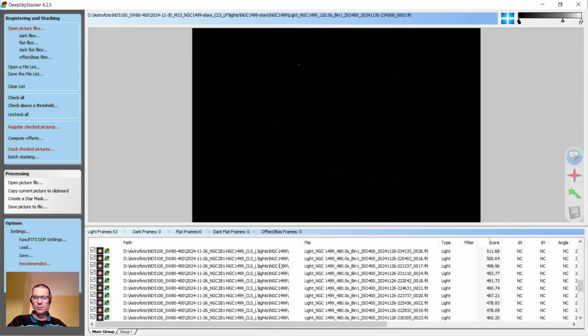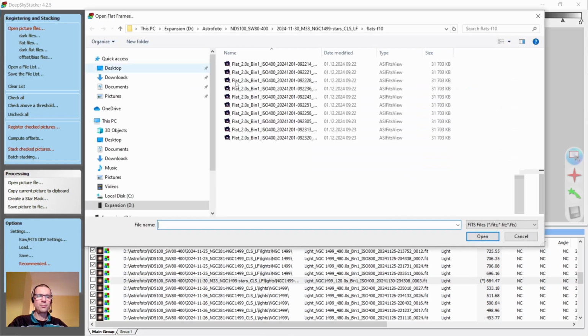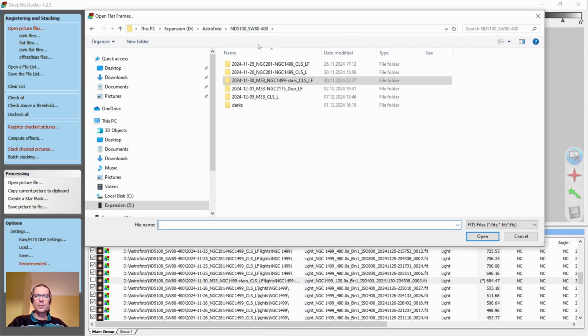But I don't want to check the frame which is the reference frame. I don't want to stack it with the rest of the frames. I only want to use it as reference frame. So I unchecked this frame shot at f10, and the rest of frames shot at f5 remain checked. And I also open flat files shot at f5,